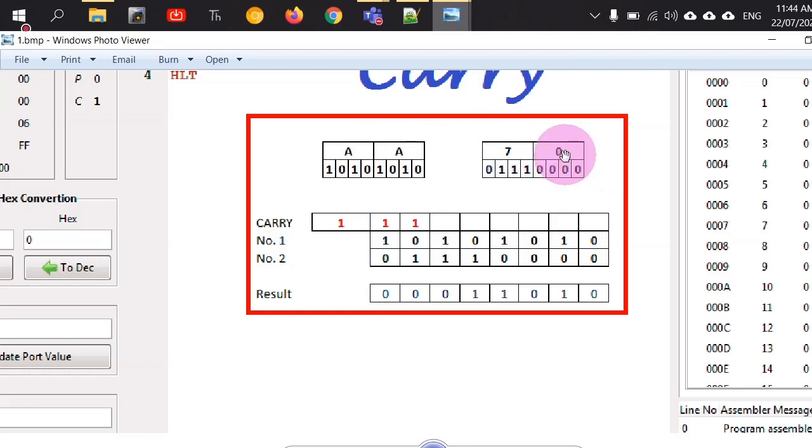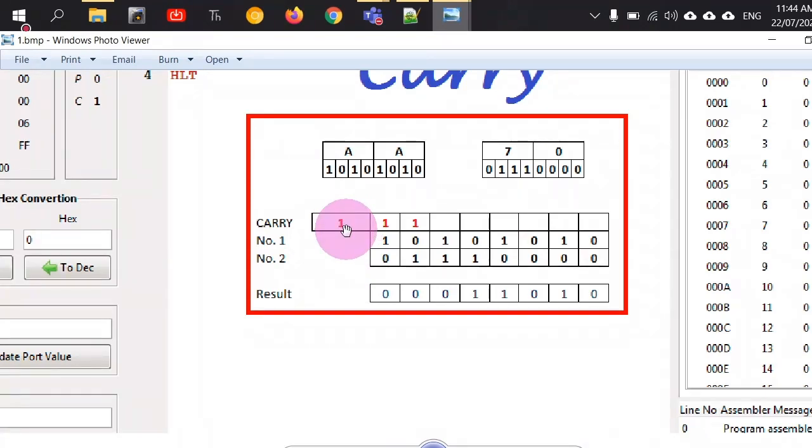And what I am going to do is add these two numbers. After adding them, you can see that in binary, this is number 1, this is number 2. If you add it, you can verify for yourself that there will be a carry out of this position, because here 1 and 1 will be added. So 0 will be the answer, and there will be a carry out of this position. So in this case, the carry flag should be set.